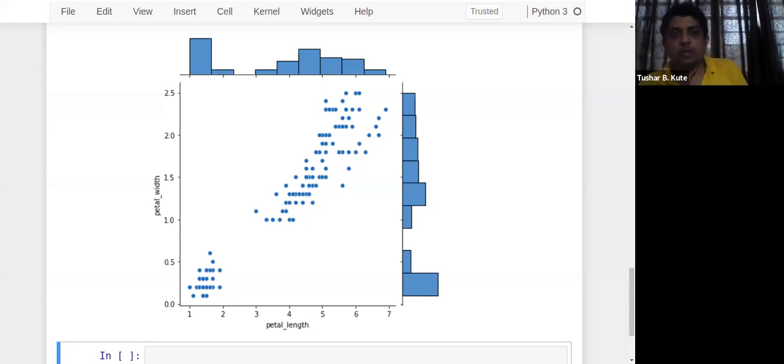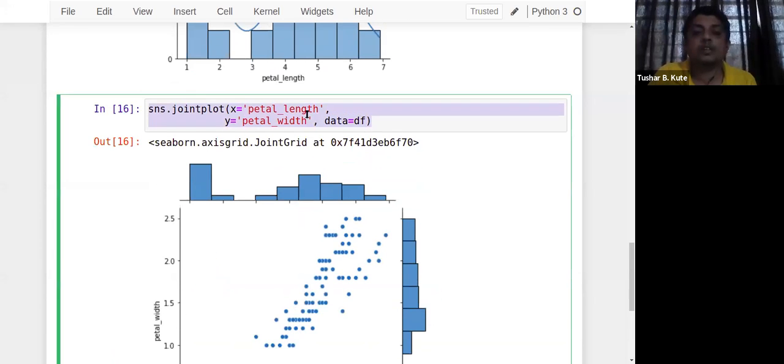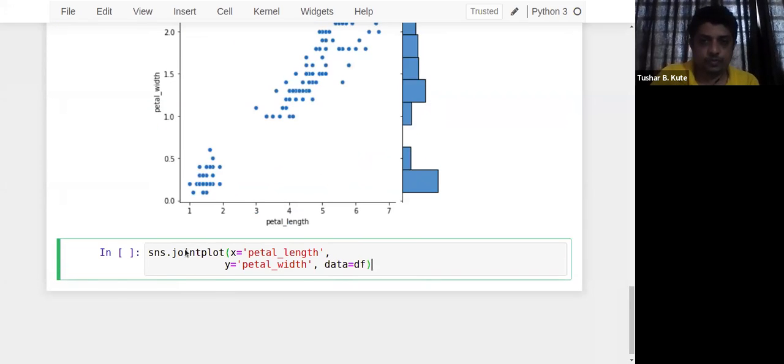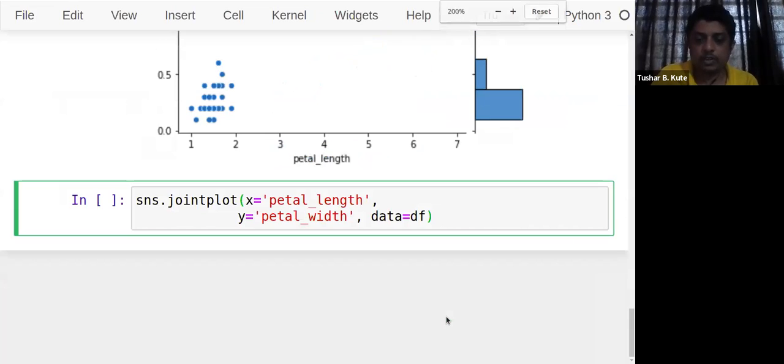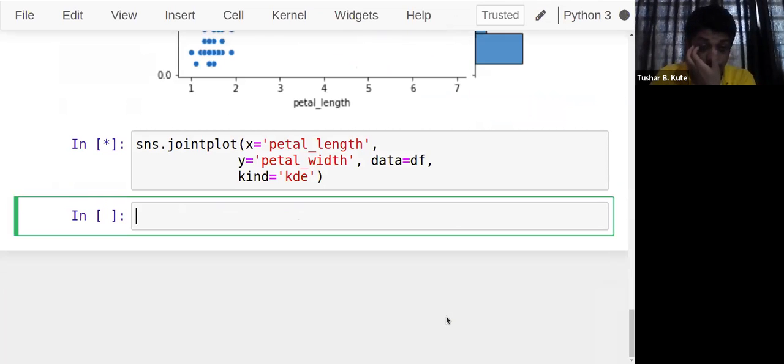Now the extension to that, we have a plot called the KDE plot. The kind of plot can also be seen by this method. Let's see. I'll just make a change in the kind of it. So just copy from here. And now I will apply the kernel density estimation to this. data is equal to df, comma, kind is equal to kde.